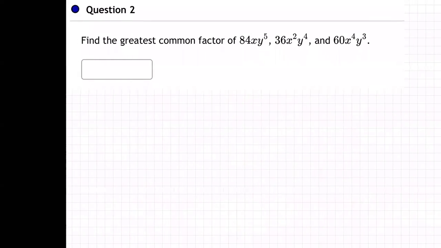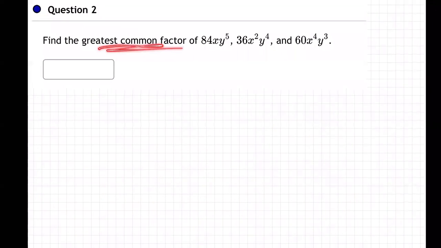So find the greatest common factor of 84x y to the fifth, 36x squared y to the fourth, and 60x to the fourth y cubed. Okay, so let's start with the numbers. Numbers in front. So for the numbers in front, I use the calculator,